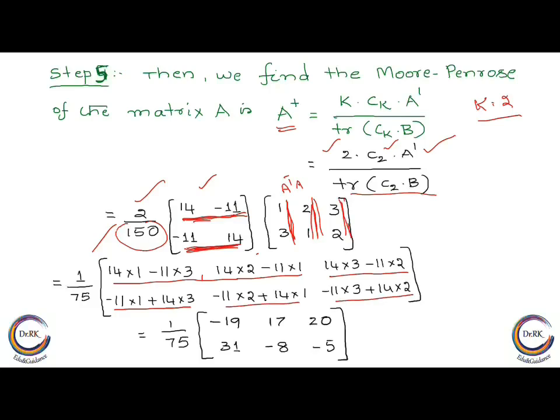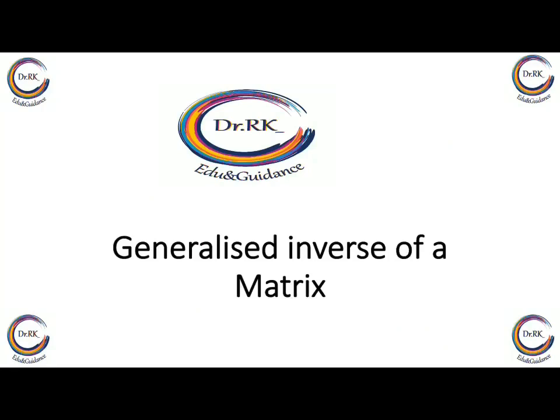So this is what we call as generalized inverse, right, by Penrose method, or MP inverse or pseudo inverse. So whatever the name that you want, we can carry it. So next another one is generalized inverse of a matrix. Right? So this is another matrix, another inverse of a matrix.